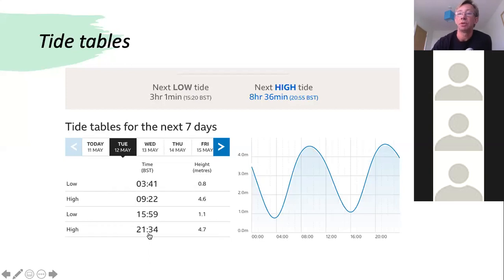So if you get a tide table, you can just look at the date, and then you can look at the information on there, and that will tell you what time the tide is. Now remember that when you pick up a tide table, it will be for a specific place, but because the tide goes round the coast, you may need to add or subtract the time depending on where you are. So for instance, this is high water for Falmouth, but if you lived in Southampton, you would actually have to add some time onto this because the tide would be a little bit later on.